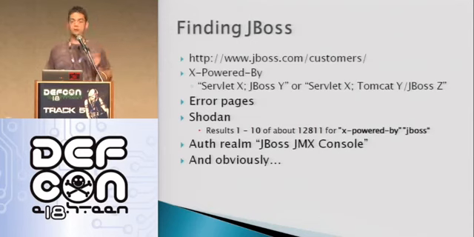JBoss sets this X-Powered-By header that'll come in one of these formats. That thing is an absolute pain to remove. I don't know why. There should be a line in the XML file that I just remove and it no longer sends this header. Definitely look for that. This stuff, by the way, is all in the scanner in Metasploit. So just fire that up and hit whatever host, and you'll see all this information if it exists.